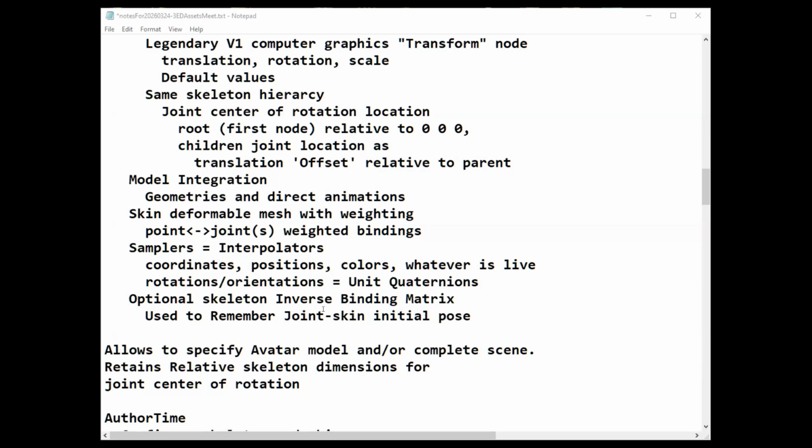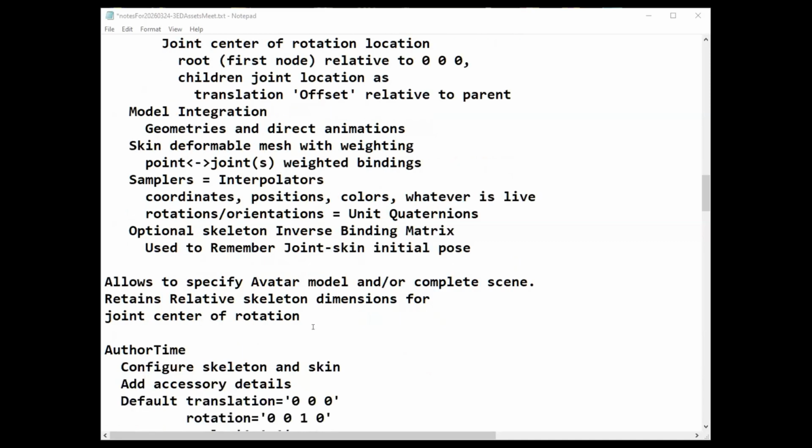You don't need an inverse bind matrix if you don't have skin, if you can just use geometry on nodes. But if you have a skin, it seems to have to reset everything to 0 each frame, so you know where you're coming from, so you can do your next absolute setting of the parameter.